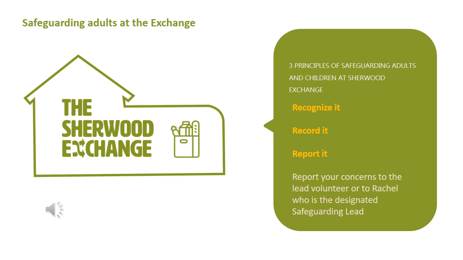The most important thing you can do then is report it to either your lead volunteer or myself, who is the designated safeguarding lead. That is your responsibility within safeguarding. My decision, or your lead volunteer's, is about deciding whether or not to report what you've recorded to social care. It may be that further details are required, such as a person's contact details, address, and the names of other individuals involved, or even dates of birth.